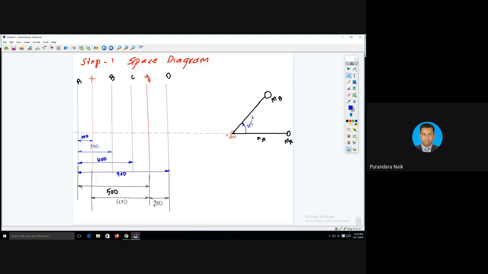Next is mass C. The angle between mass B and C is 70 degree. Measure 70 degree from mass B. Here it is not with respect to A, it is with respect to B. You need to measure the angle 70 degree from here, not from here. So I am going to measure it. This will be exactly 70 degree. Yeah, this is 70. MC.